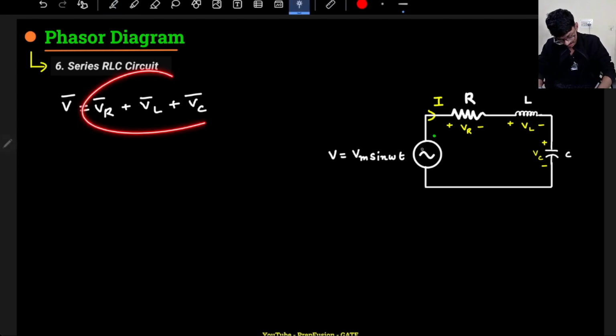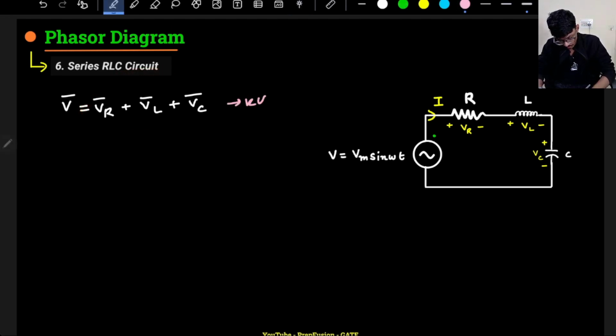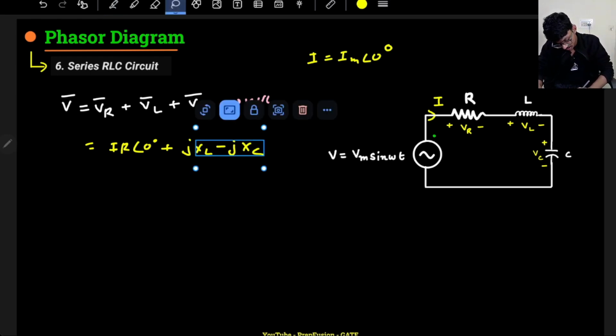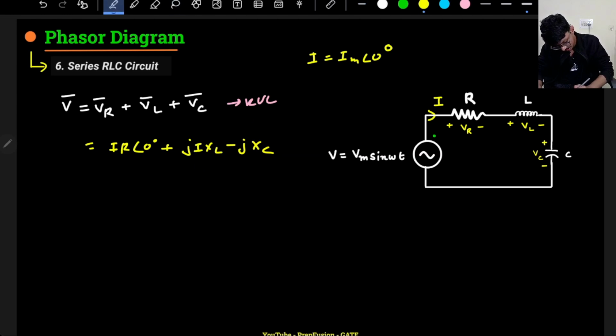So let's do the analysis here. I am adding up like this, this is simple KVL. All these are phasor quantities. My current again is the reference, that is Im at an angle of 0. So this VR will have its magnitude I into R, and of course the angle will be 0 only. Now VL will be replaced with plus j into XL and VC will be replaced with minus j into XC. I hope you now understand why it will be replaced with minus j and plus j. Now you can write here